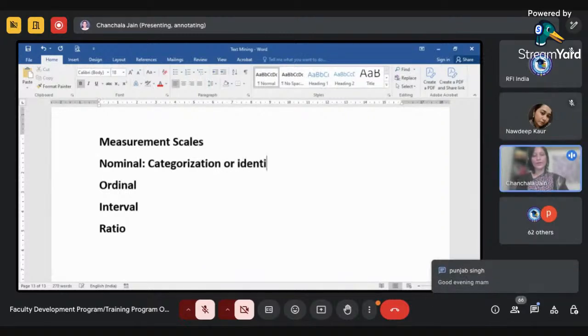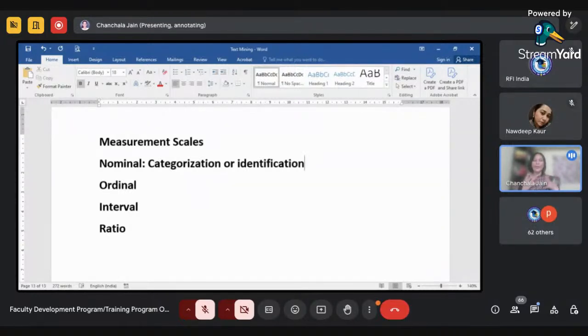So we use these scales for categorization or identification purposes only. Apart from that, nothing extra we can do with a nominal scale variable. That means the variable can only be used to categorize things, right? For example, when we collect data from people for any research, we generally ask several demographic questions to understand their background.